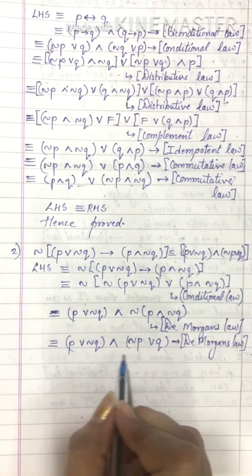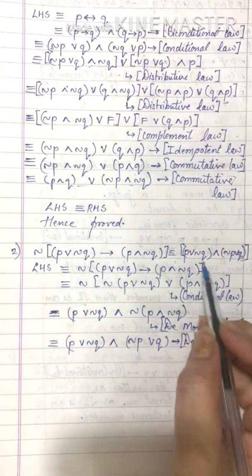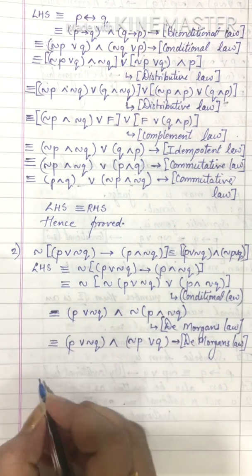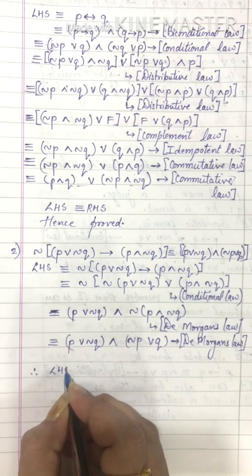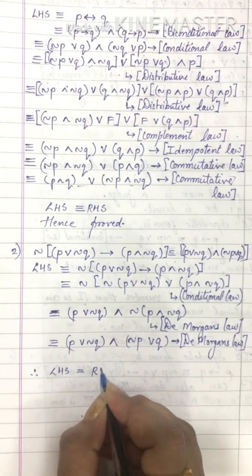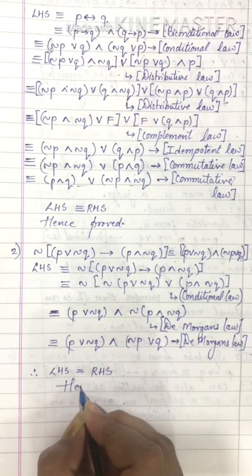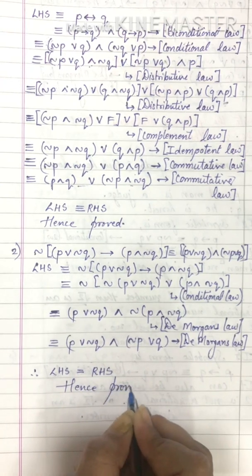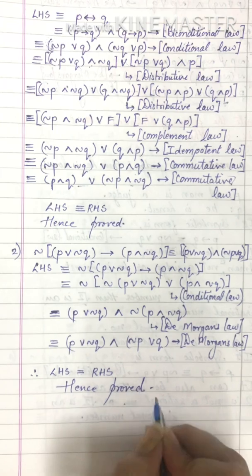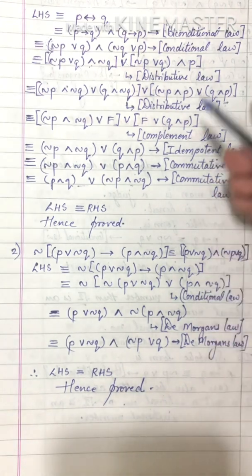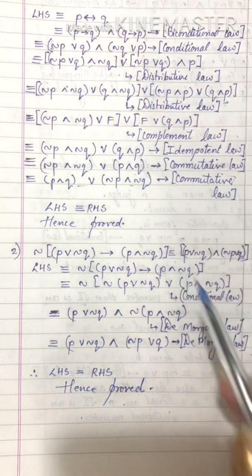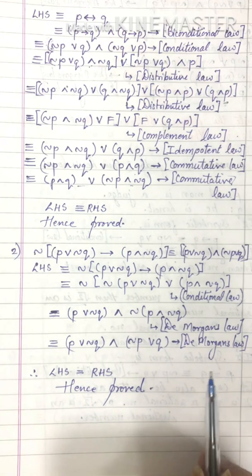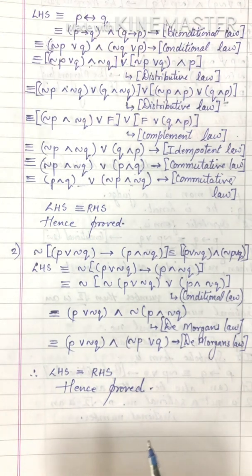And then what can be done? Oh, we have already reached what is asked. This is RHS. So what can be done next? We can write LHS equal to RHS, hence proved. So see, if you go on practicing, all the laws can be understood properly. No need to learn anything by heart in mathematics. Just mere rigorous practice can make you a champion in maths.